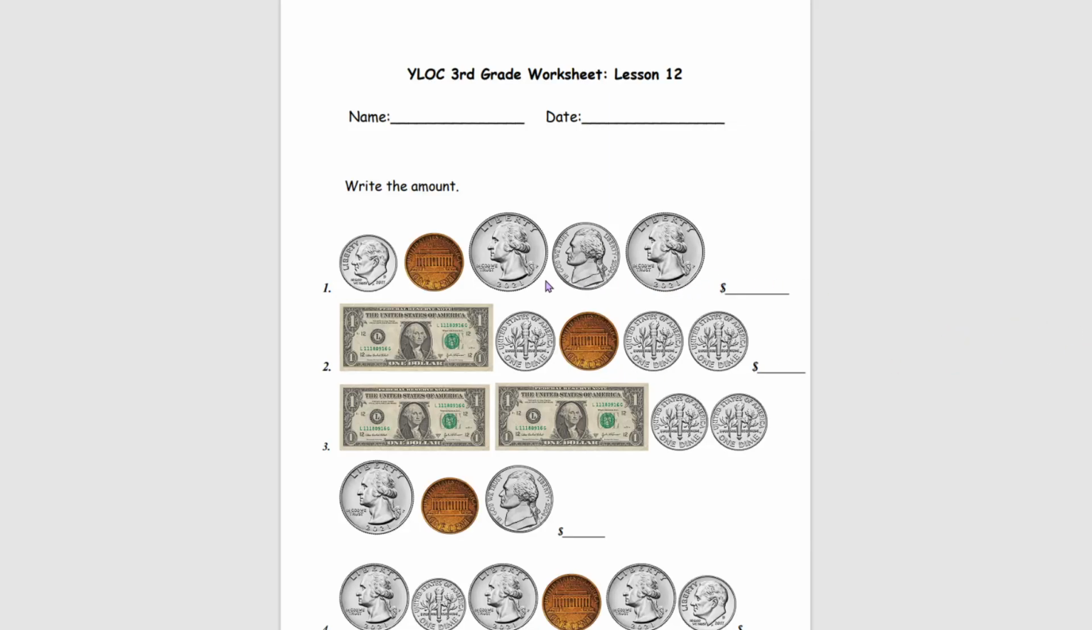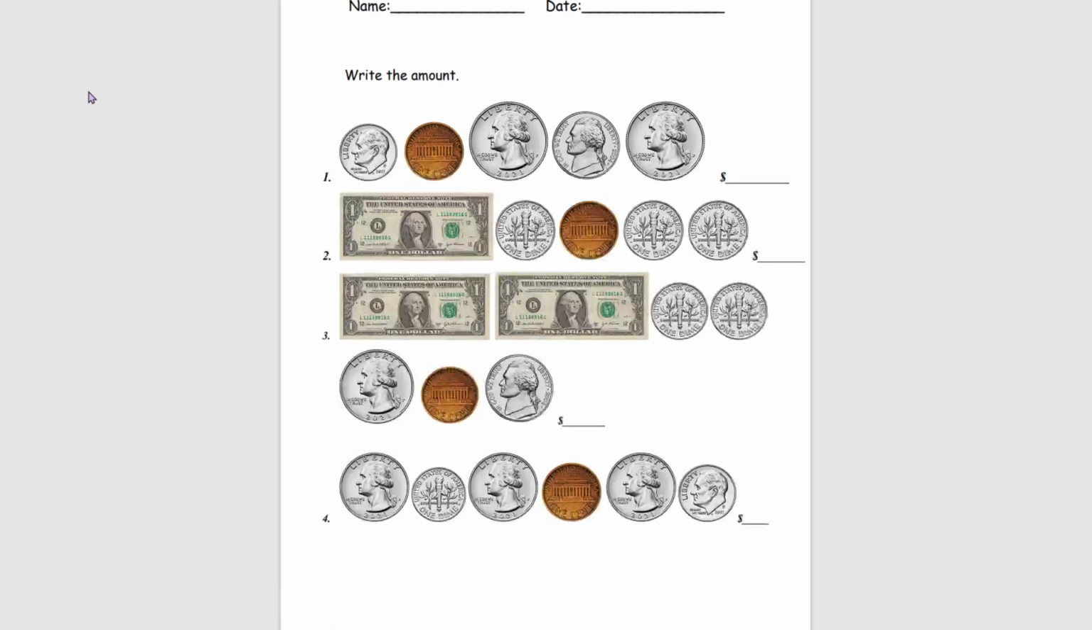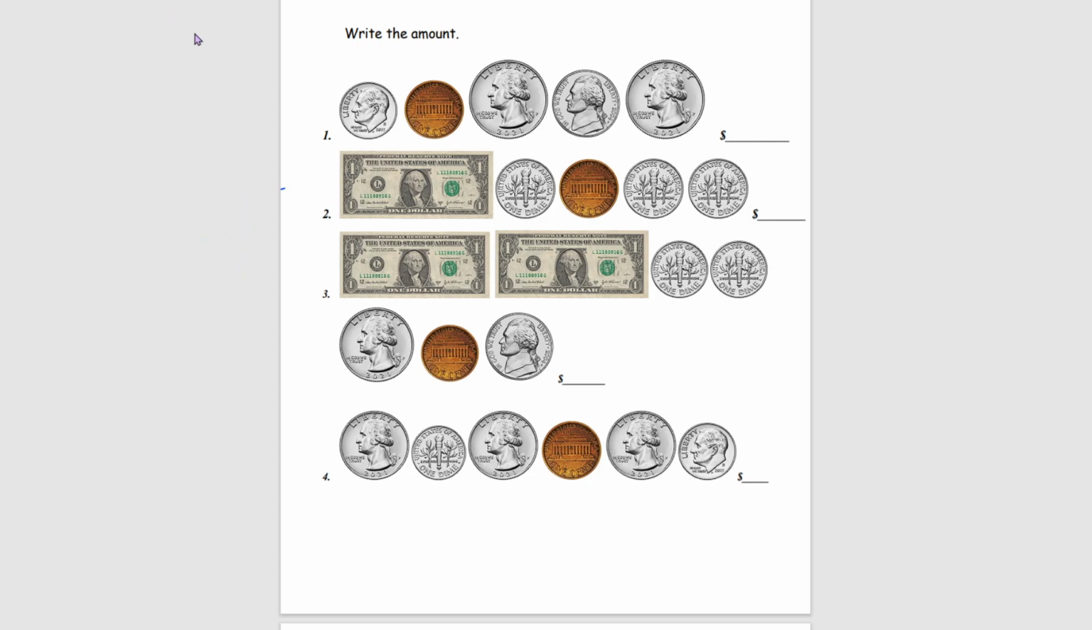Twilight third grade worksheet lesson number 12. And to start off, we're going to be writing the amount using the coins shown. And so, for this first one, we see that we have